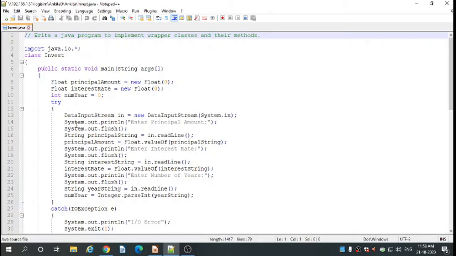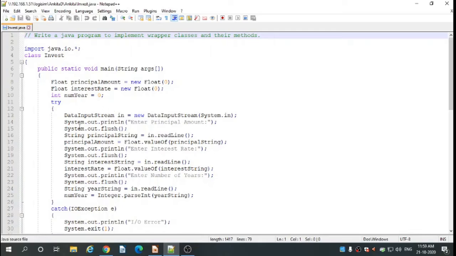This DataInputStream helps to read primitive data. It helps to read the input from your standard input devices. By default, your standard input device is your console, so that's why we have passed System.in.